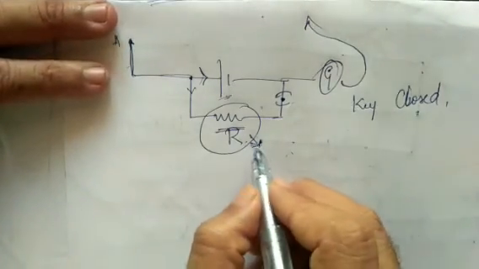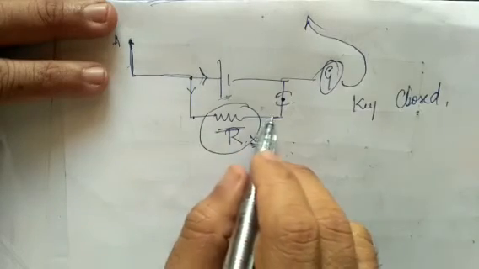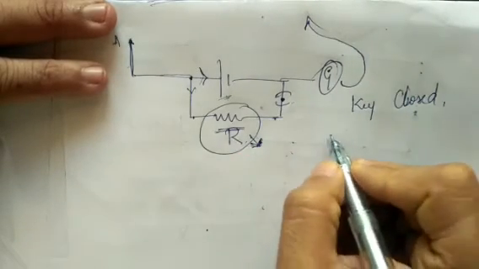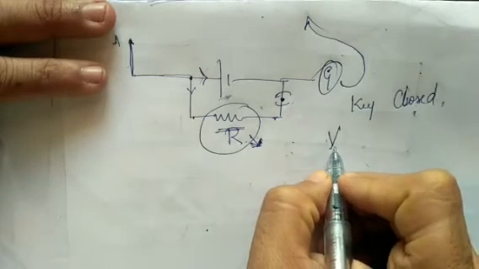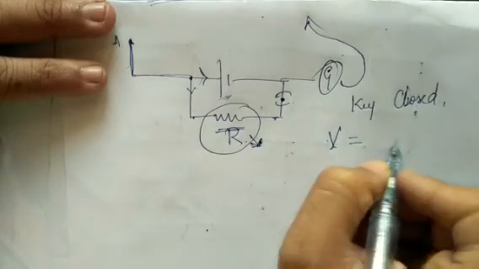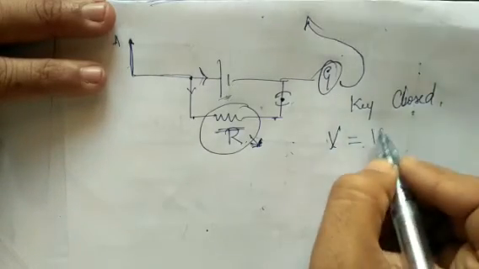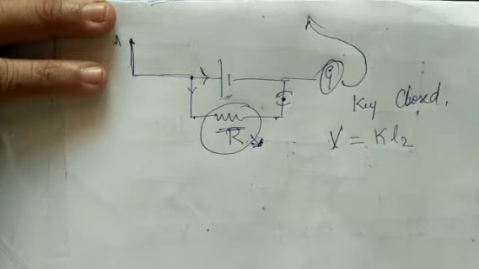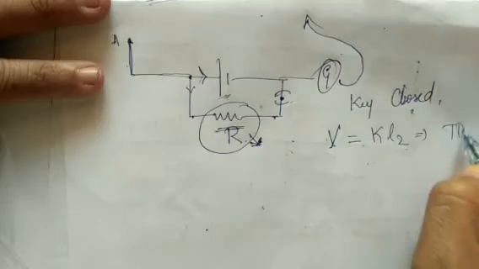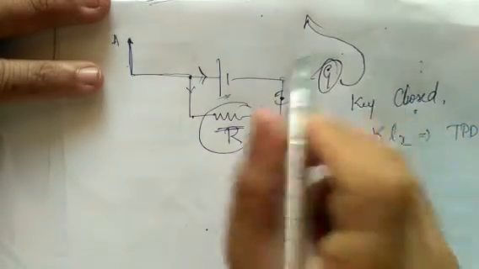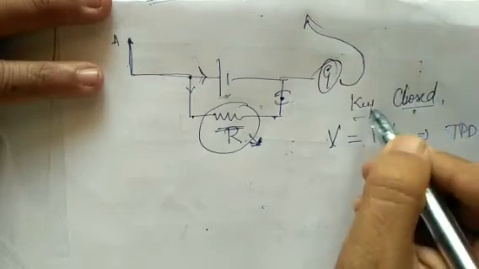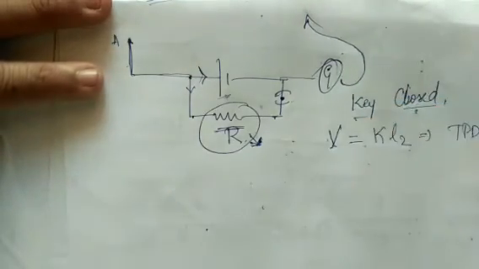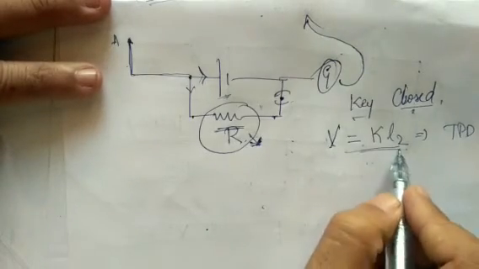So when the external resistor is drawing a certain amount of electric current, we are not going to say EMF; we will consider the terminal potential difference here. This terminal potential difference that we obtained is given by K multiplied by L2. In the previous step 1, when the key was open, we called that the EMF of a cell. Here this is called the terminal potential difference.